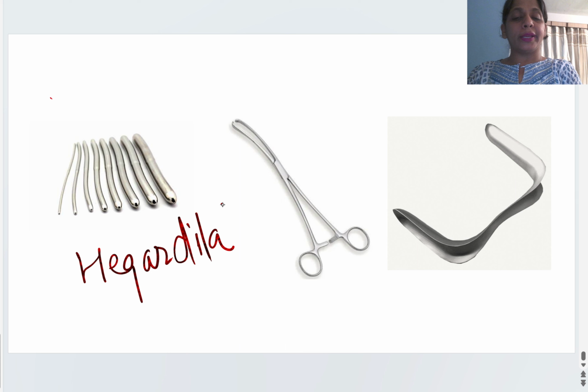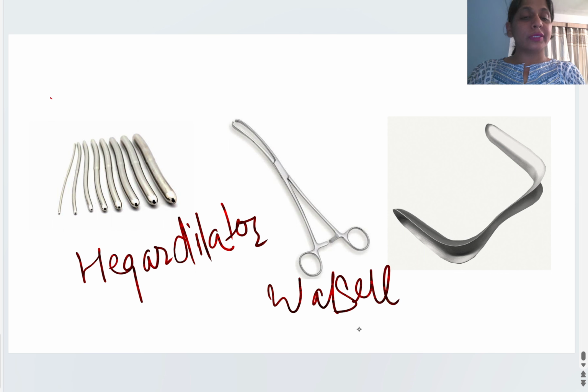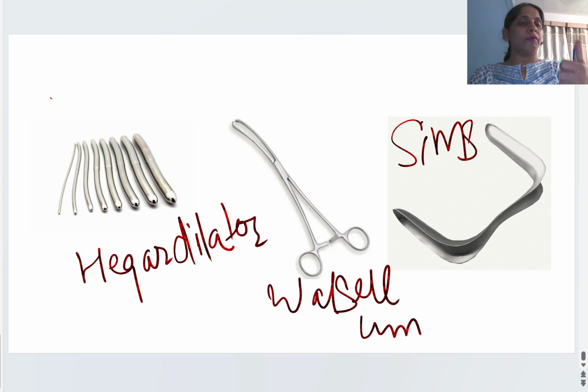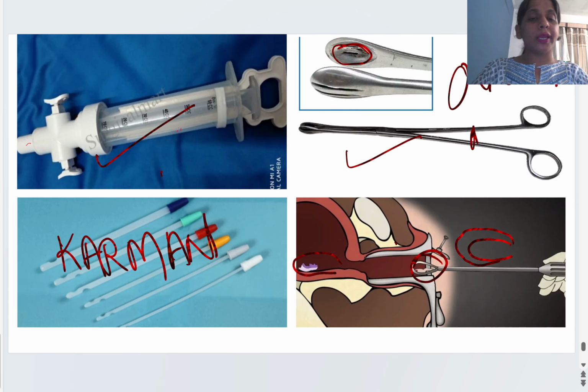हेगार डायलेटर नंबर 8 हम नॉन प्रेग्नेंट लेडी में टेस्ट करते हैं। ये जो है ये क्या है, ये वॉल्सेलम फोर्सेप है। ये सर्विक्स को होल्ड करने में काम आता है। ये सिम्स स्पेक्यूलम है। ये पोस्टीरियर वेजाइनल वॉल को रिट्रैक्ट करने में काम आती है। ये जो है ये कस्कोस स्पेक्यूलम, आप सबको पता है और मुझे भी पता लग गया कि आप सब लोगों को पता है।